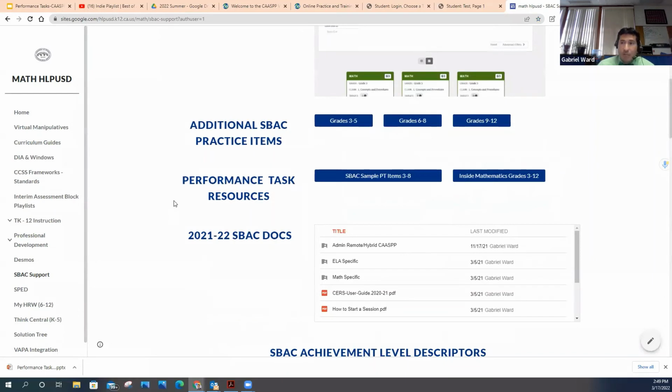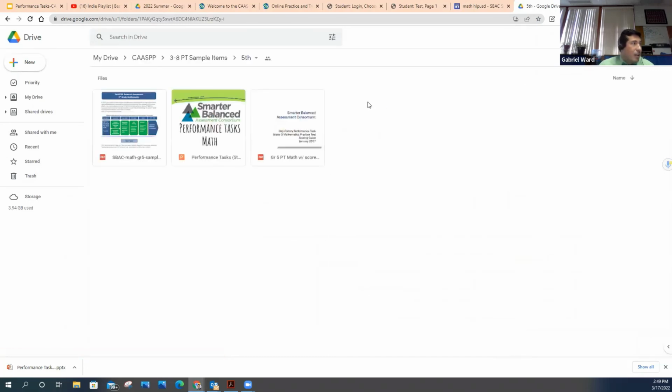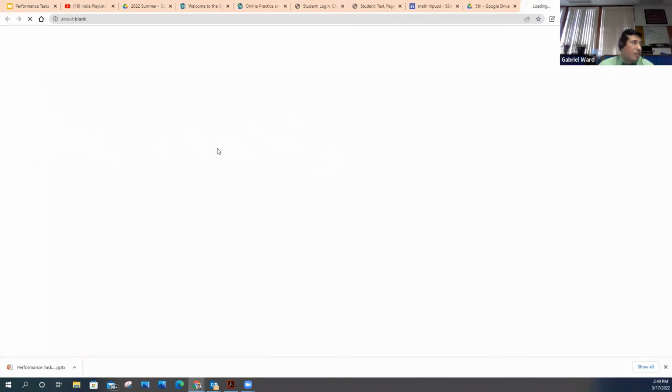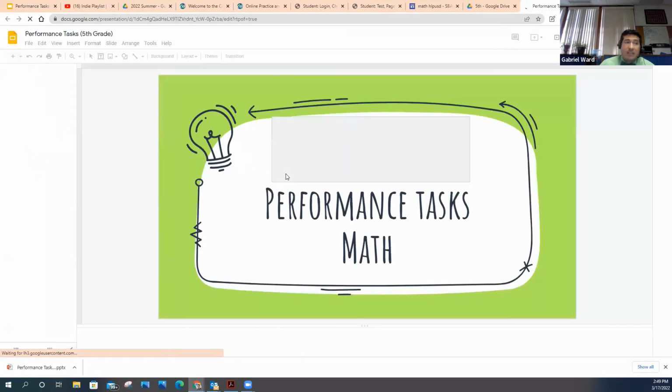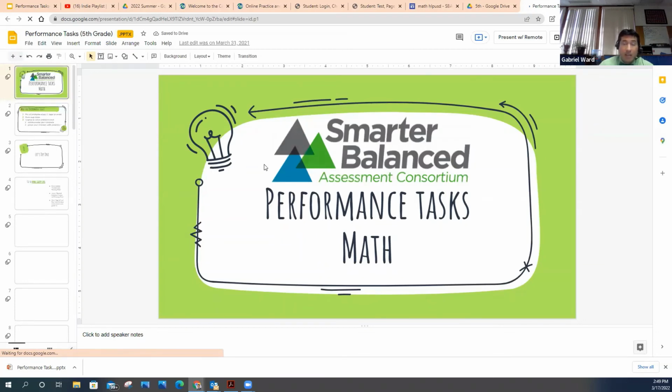So if I scroll down, once I click on the SBAC resources, I'm going to look at where it says SBAC samples, and then find your individual grade. So let's say, for example, that we're 5th grade, I open 5th grade, and that PowerPoint presentation that I just quickly showed you a preview of, it's there, performance tasks. And this is placing our students in the role, and it really goes through it. So this is something that I hope you could just pick up and use whenever you're ready,